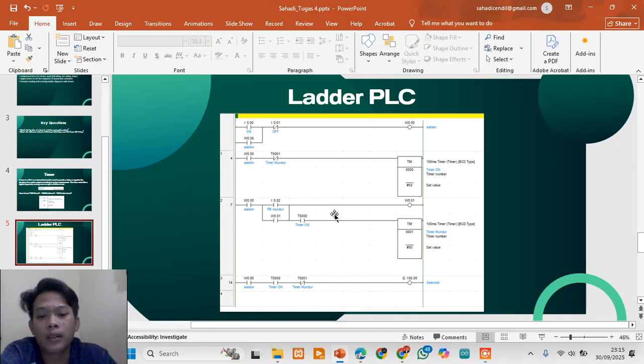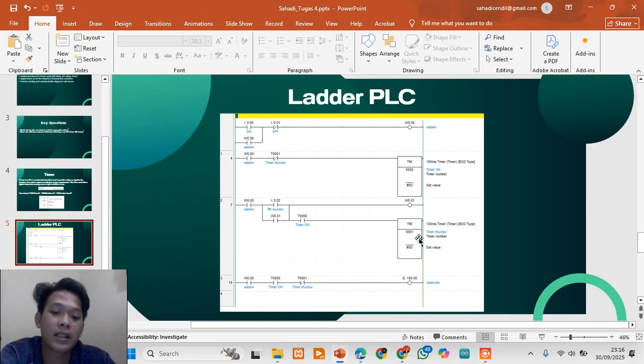And in the ladder diagram, we have the coil, stop button, start button, forward timer and reverse timer for retracting the cylinder.